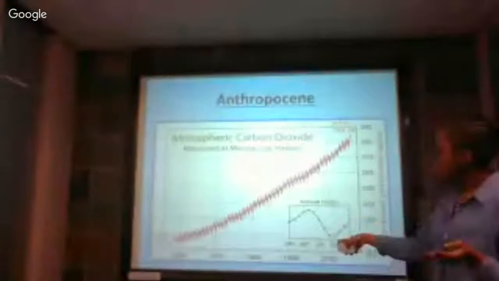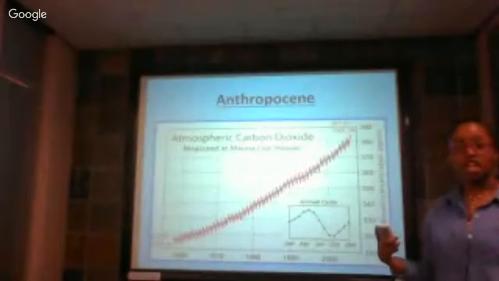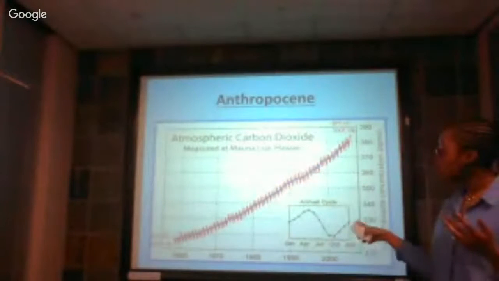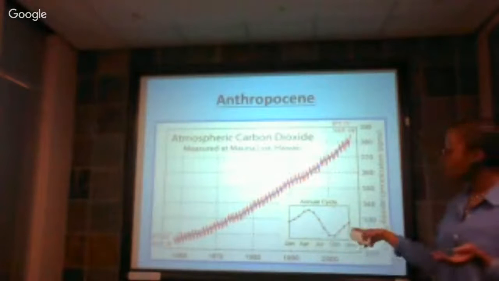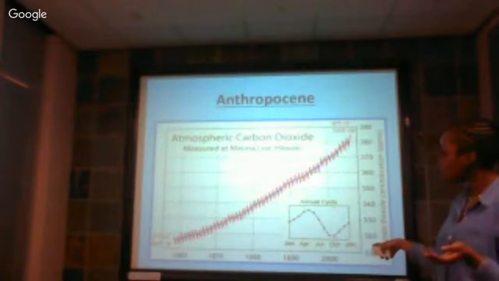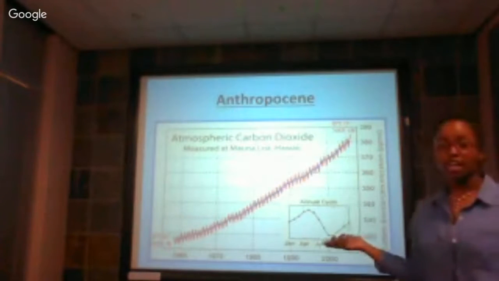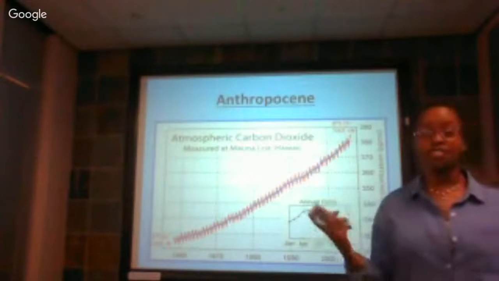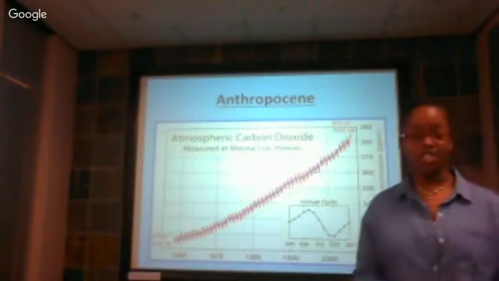So in the 1950s, you had a famous scientist who wanted to predict climate change. He wanted to show how much carbon dioxide was being released into the atmosphere. And what you find is, as the years increase, you have a huge amount of carbon dioxide increasing. And this was a marking point showing that we are releasing harmful greenhouse gases into the environment, which are contributing to climate change.